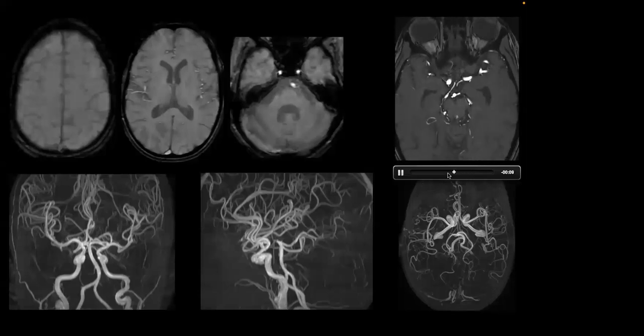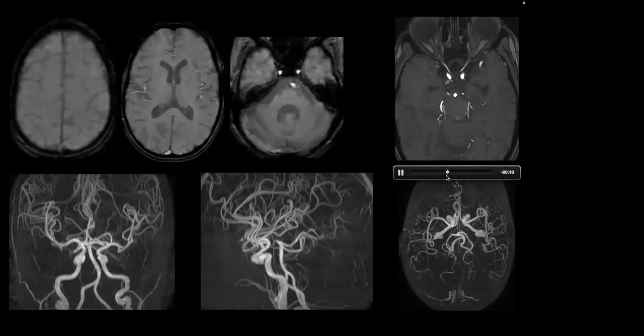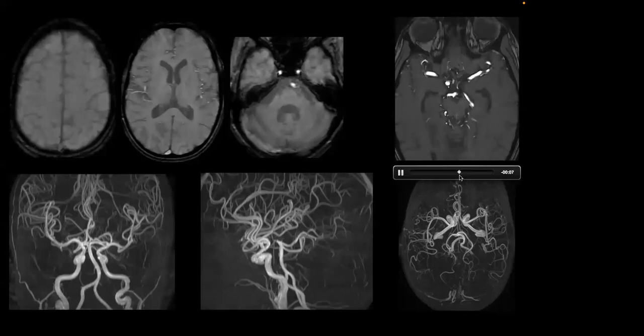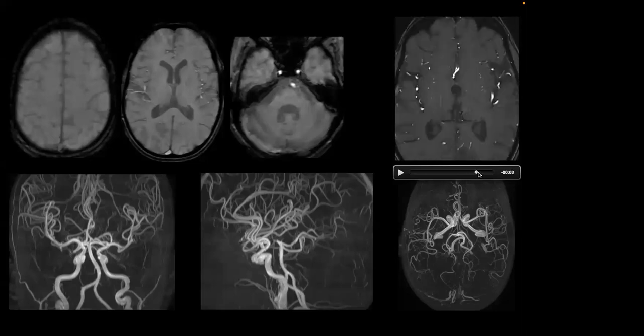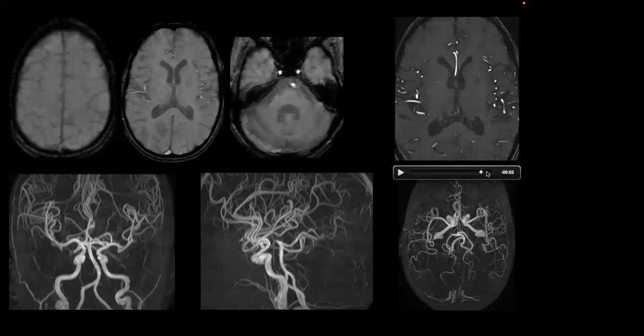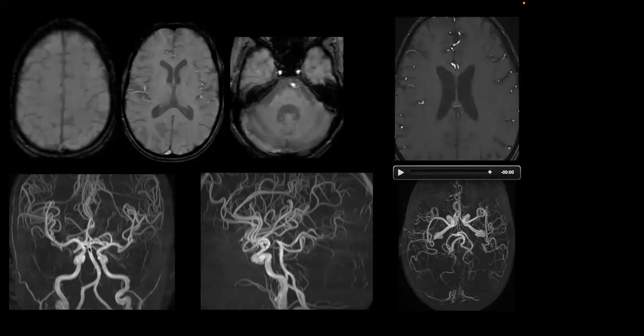And if you look at the circle of Willis, the vessels do not appear to be what we normally see. It appears to be more tortuous, more ectatic. There is some degree of focal narrowing. Let's see if we can put that. Yeah, somewhat over here, there is some narrowing. Some areas of narrowing, alternating changes of narrowing and tortuosity in terms of the angio. Although MIP sequence,